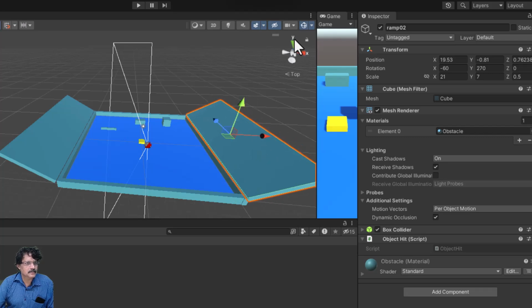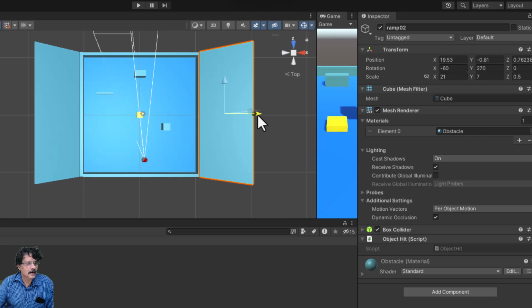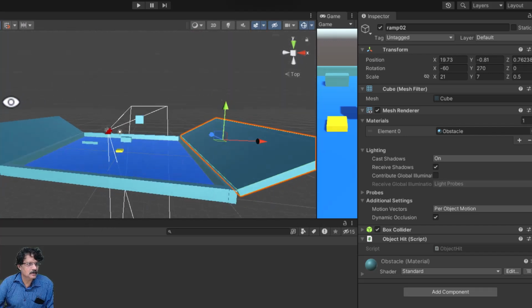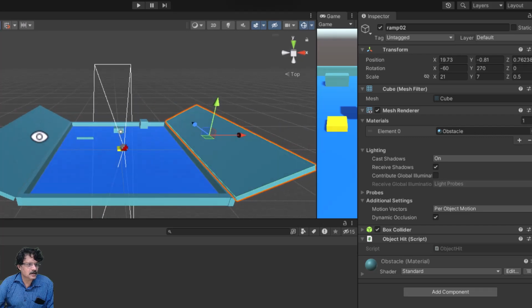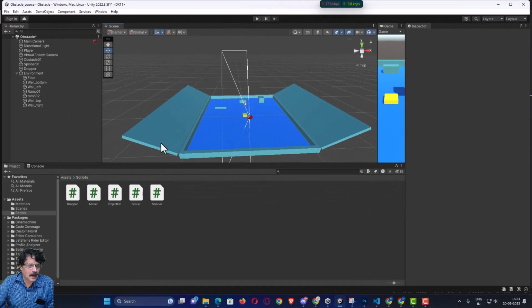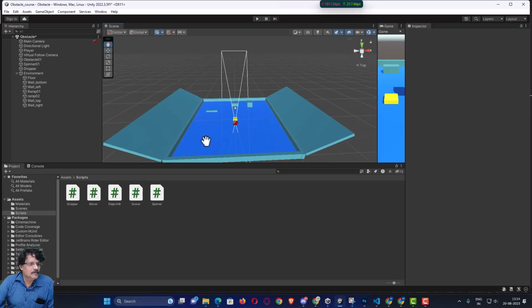If required, I will come to the top view and drag and adjust it correctly here. With Alt pressed, I will left click and I will see that the ramps are adjusted correctly. So, I have 2 ramps placed over here. Now, after placing the ramp, I need some objects to drop from the top, and this time we want these